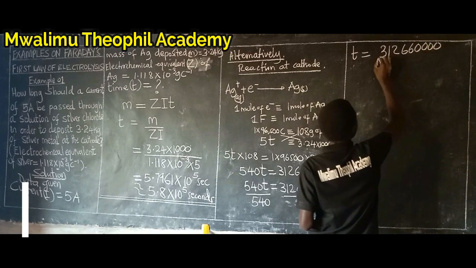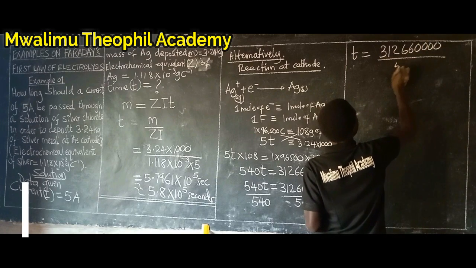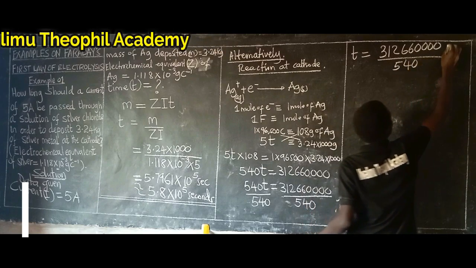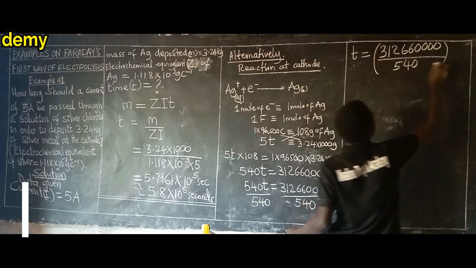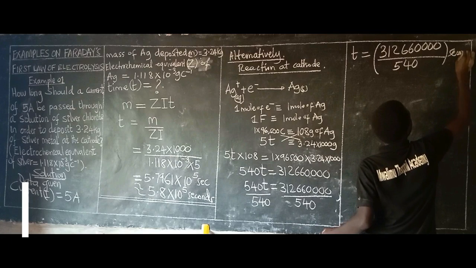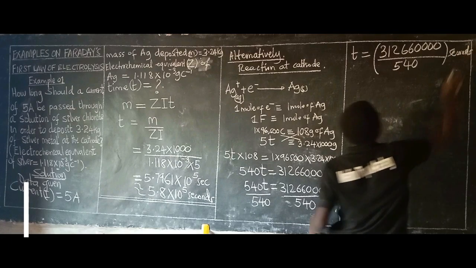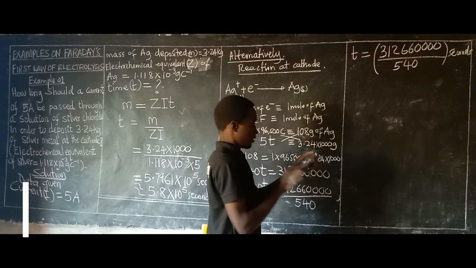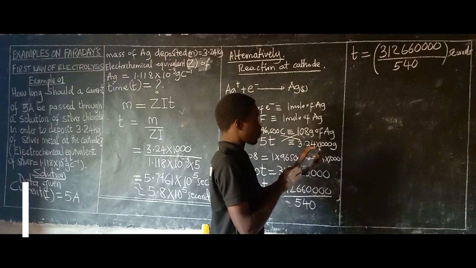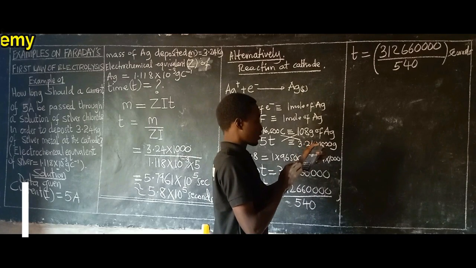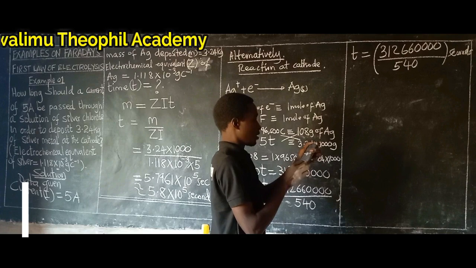312,660,000 over 540. You have to know the answer obtained here will be in terms of seconds, as we are looking for time. Now let us divide that value. We have 1,312,660,123 over